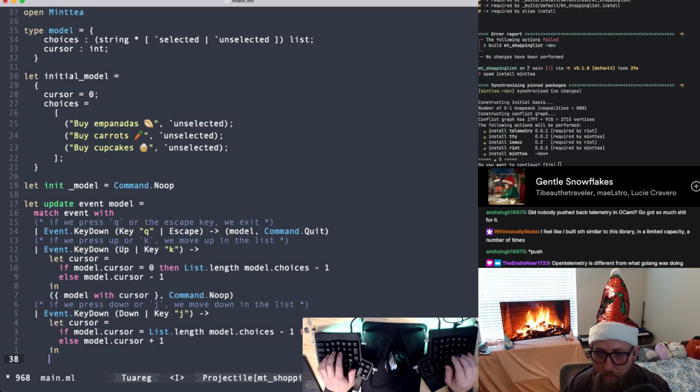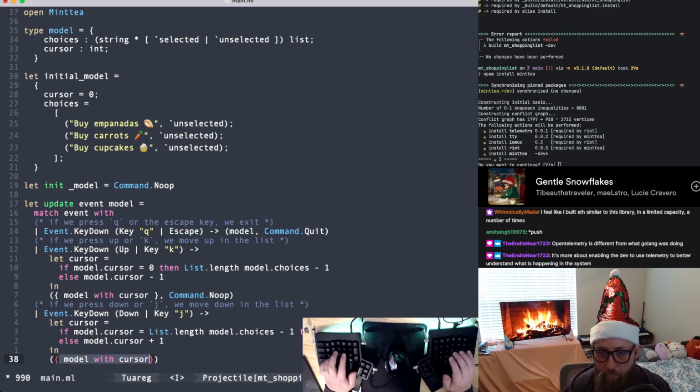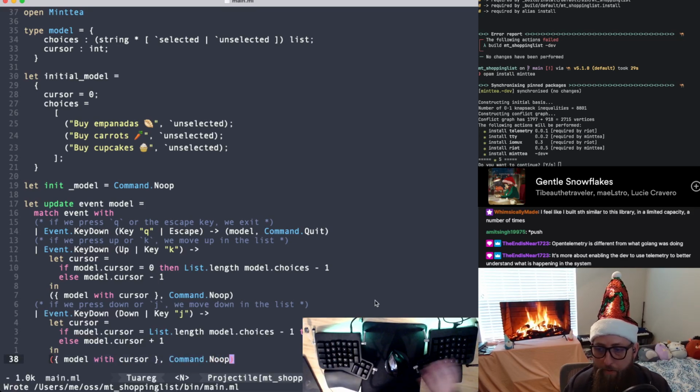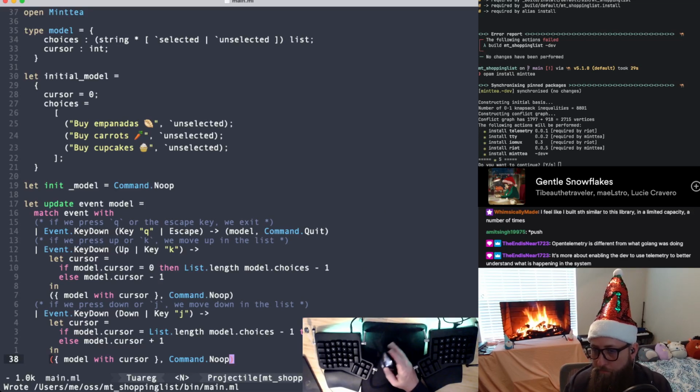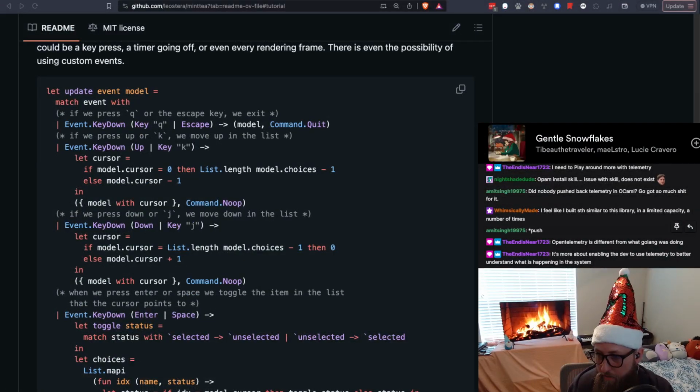So we're going to say model with cursor, Command.noop. Command.noop. Whimsically says